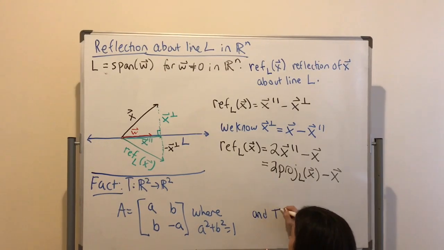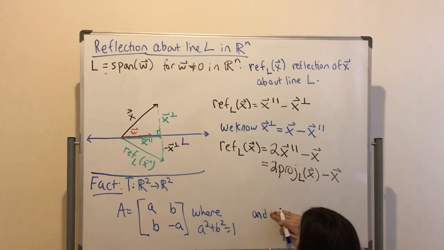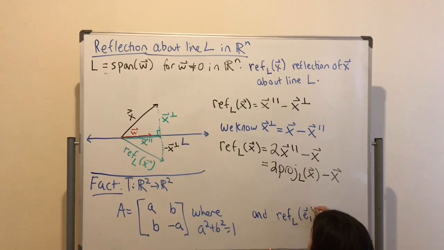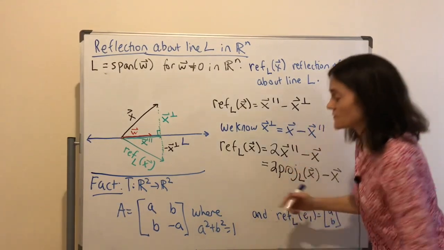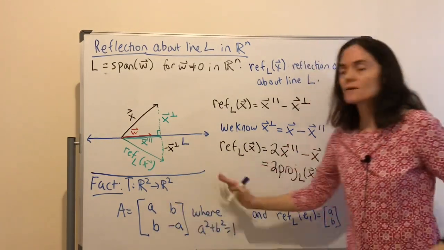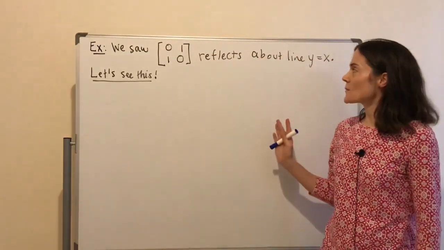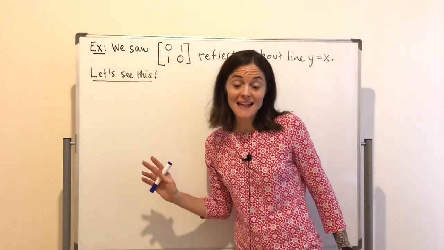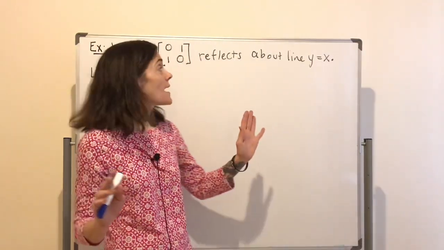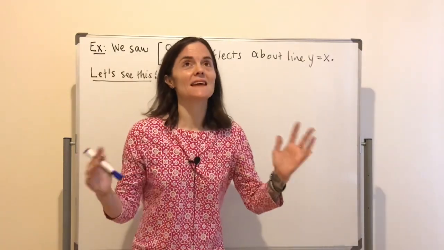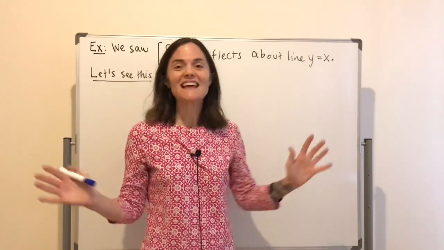We can just find this reflection for, maybe I'll even write it that way, the reflection on the L of E1 is this. If you wanted to compute E2, it's fine, but once you have A and B, you know the matrix. My first example of reflection, I want to go back to this matrix, and we saw this in Maple in the last video, that this reflected about the line y equals x. But let's see it in the framework of these calculations.